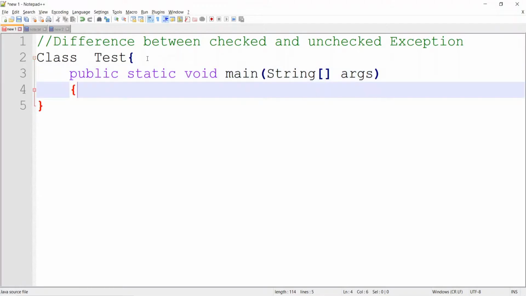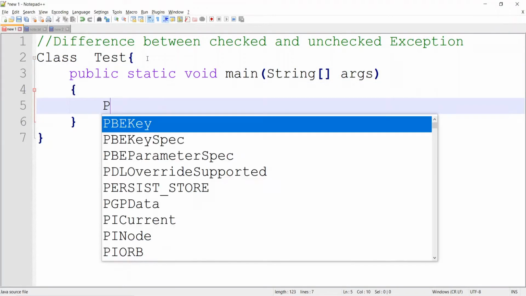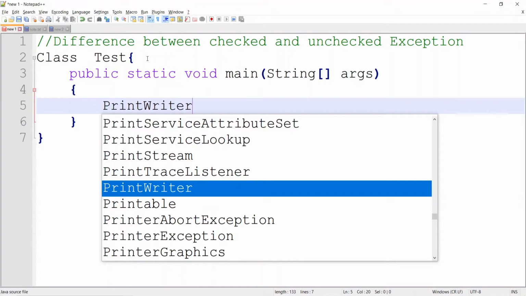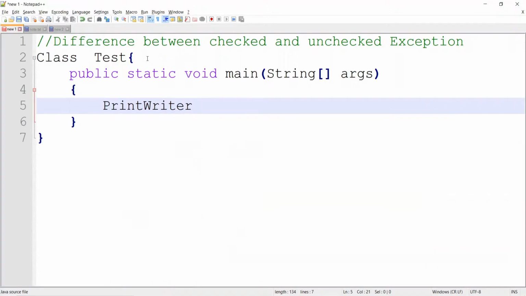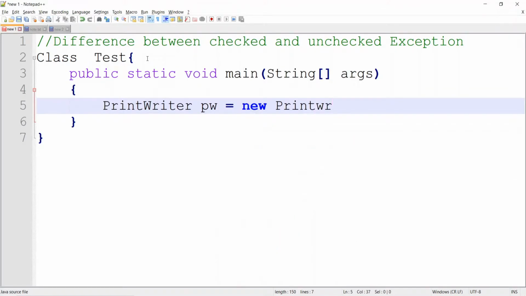And here I am creating a PrintWriter, let's say pw is equal to new PrintWriter,